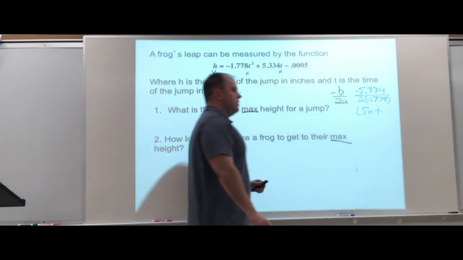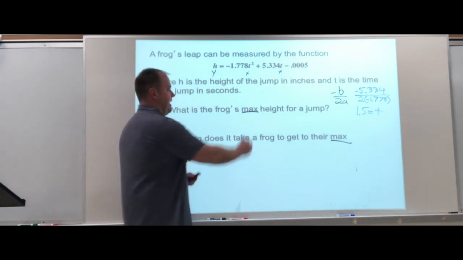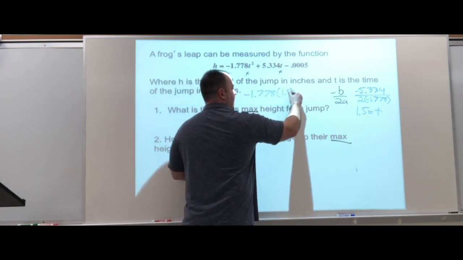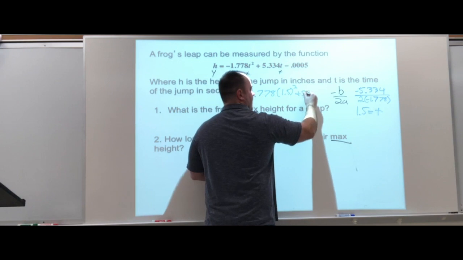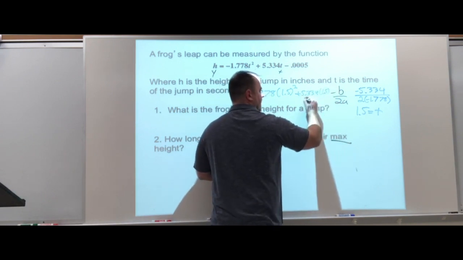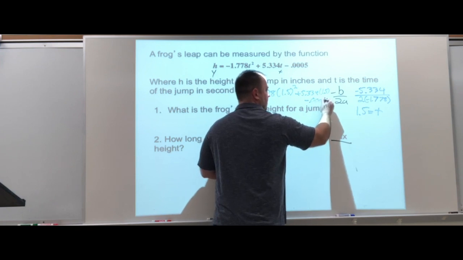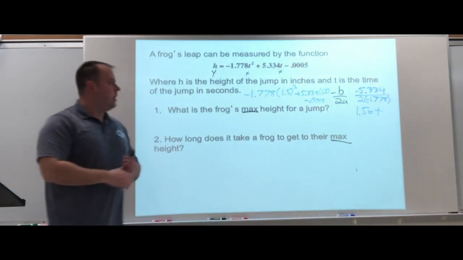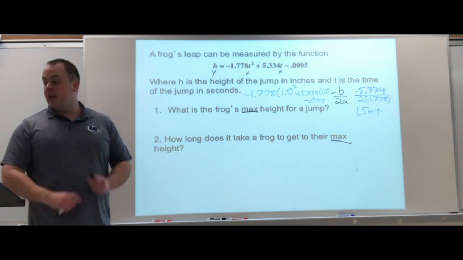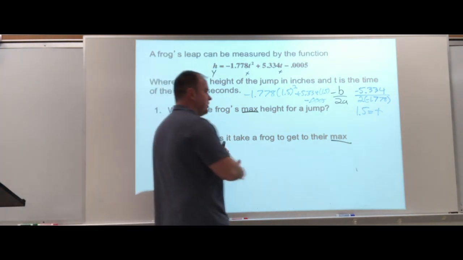for our t value. Now when you plug 1.5 back in there, negative 1.778 times 1.5 squared, plus 5.334 times 1.5, minus 0.0005, so I had to squeeze it in there to fit the whole equation in. Okay, plugging that in, you should end up with 4. So our h